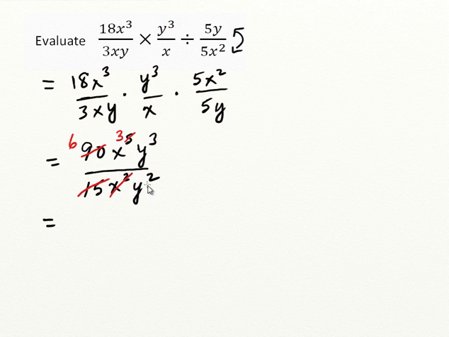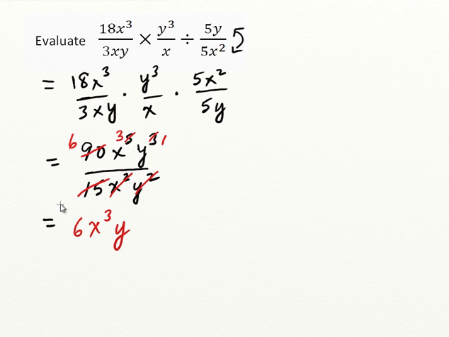We subtract the exponents. And then we've got y squared and y cubed. Well, the y squared will result in 1y up top. So our final answer in this case would be 6, and we've got x cubed, and then y to the exponent 1. So there is the evaluation of this original